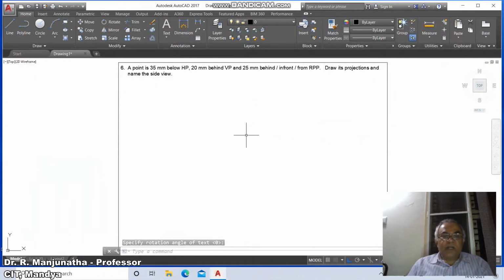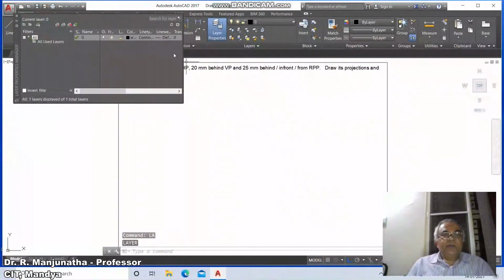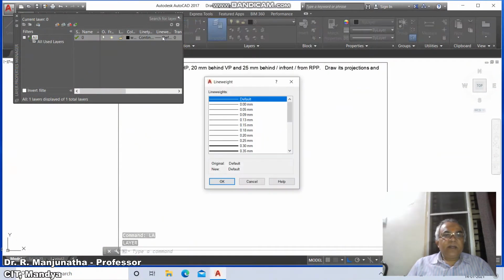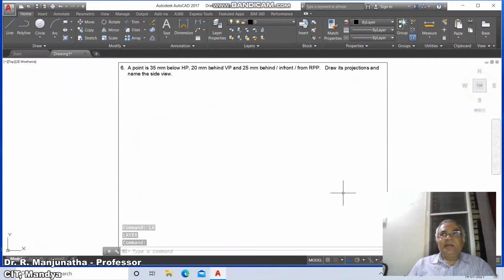Now we need to start with the drawing. To start with the drawing, first we will go for the layer, adjust the line weight. So come down to line weight of this particular layer and make it as 0.05 and say OK. And henceforth, whatever lines will be drawn, they will be drawn on this layer at a thickness of 0.05 mm. Because all the projector lines have to be 0.05. So we will go for a line command.